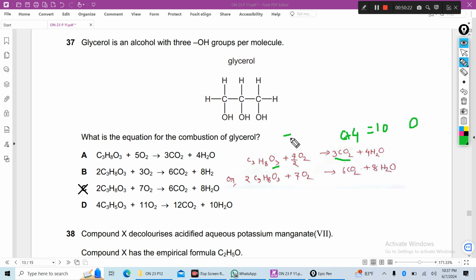So we need 7 by 2 O2, which means 7 oxygen atoms. 7 plus 3 is 10 oxygen. If you multiply by 2: 2 mole glycerol, 7 mole oxygen, 6 mole carbon dioxide, 8 mole water. So C is the right answer. Next,